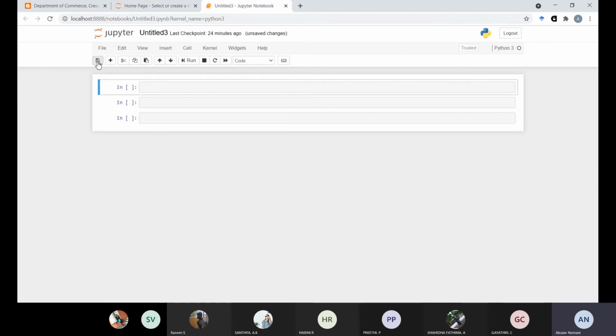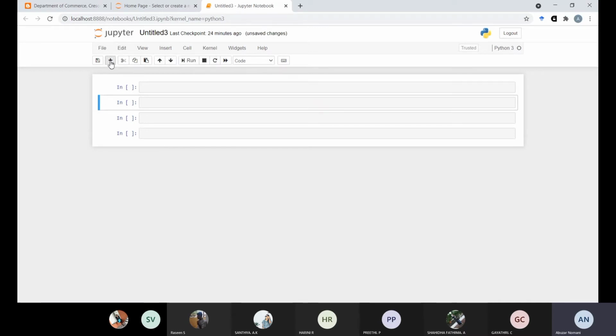This is the save button. You can save and checkpoint, add new cells to speed up your process. These hot buttons are made for you. If you want to work in a very fast mode, instead of going to insert and clicking cell above or cell below, you just click the plus button. It will add a cell.